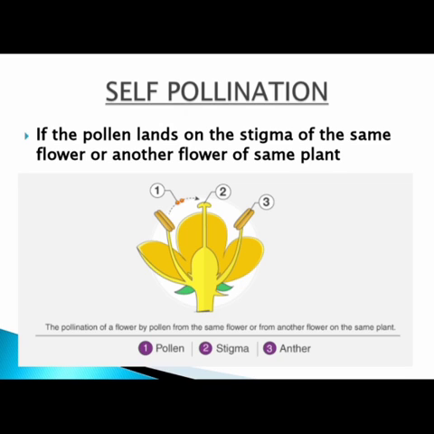Okay, of the same plant. That is said to be self-pollination. So if the pollen lands on the stigma of the same flower or another flower of the same plant,